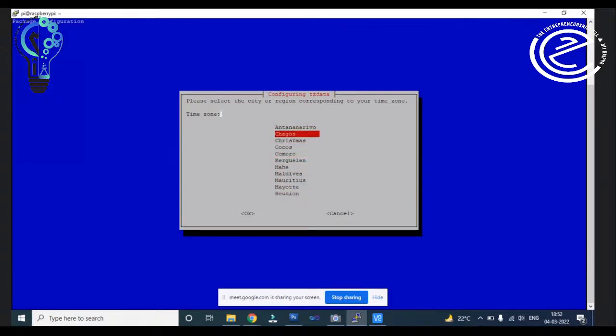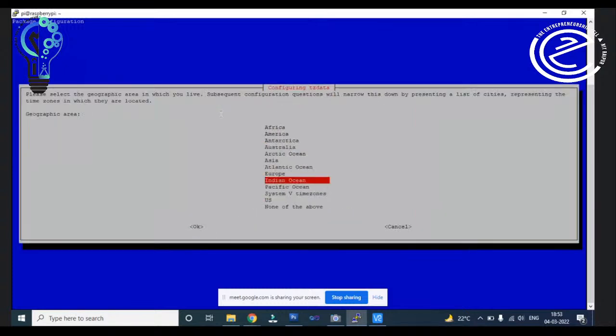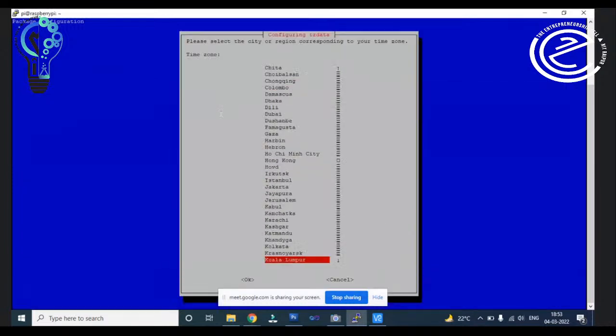So you can see in the Indian Ocean these countries. So I don't think that this option is correct. You can choose Asia. In Asia, you will get the different options. See, we have different places here which we can choose.